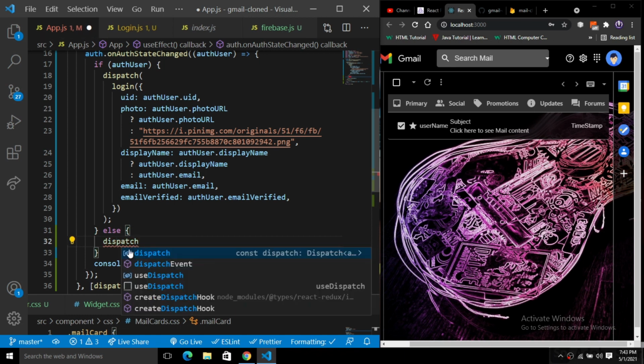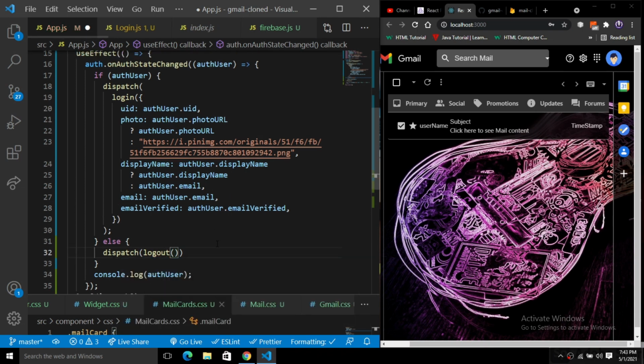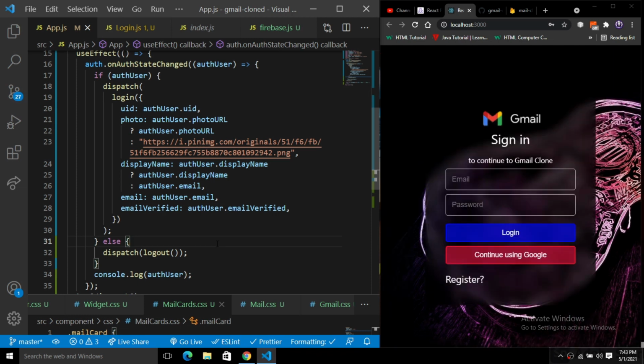Inside of this dispatch we have logout. Let's import this logout from the user slice that we have already created. Now save this. Okay, we are logged out, so that's why we are back here.